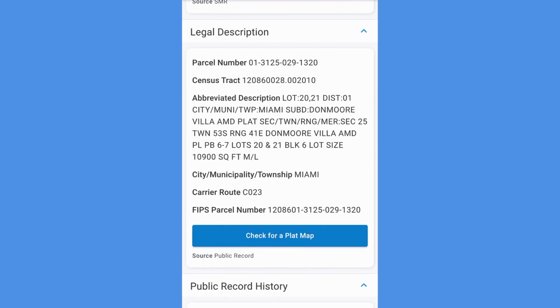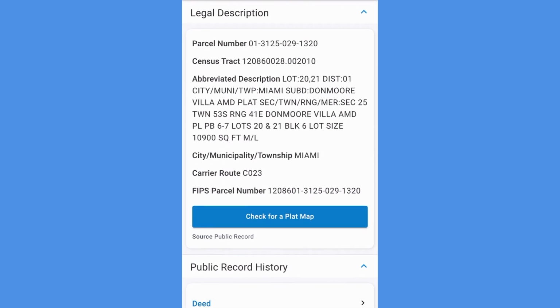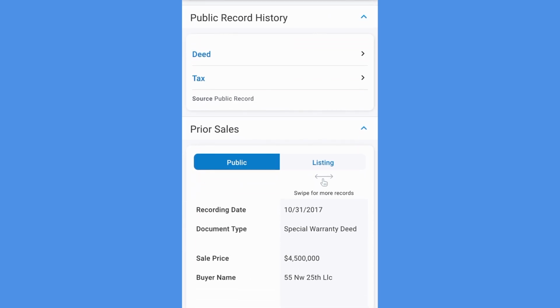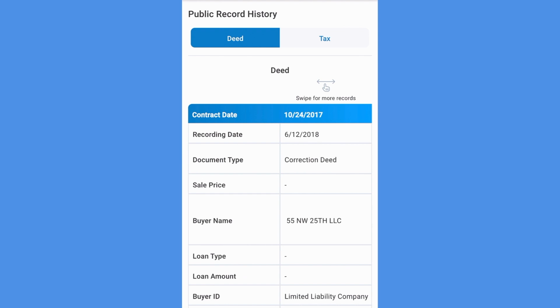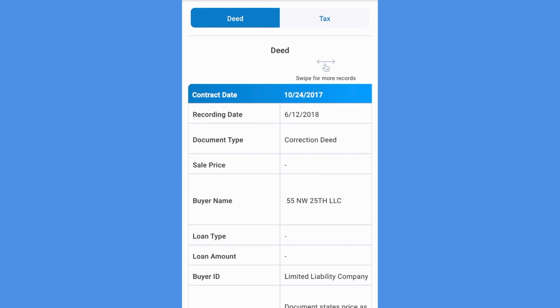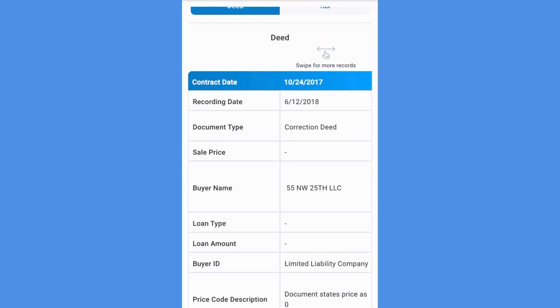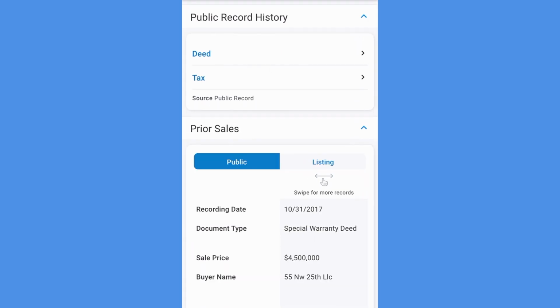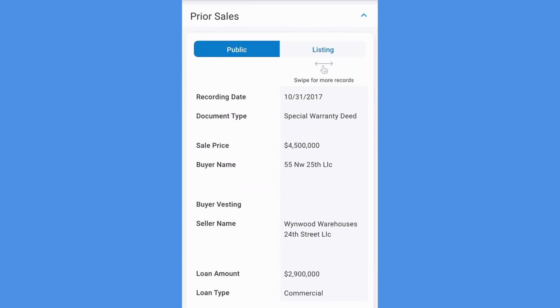Legal description includes parcel number, zoning, census tract, and a plat map, followed by public record history. Select deed, tax, mortgage, or distressed if applicable. Scroll to see full info and swipe to view additional records. View prior sales transactions. Tap to change from MLS to Public Records View and swipe to see more records under